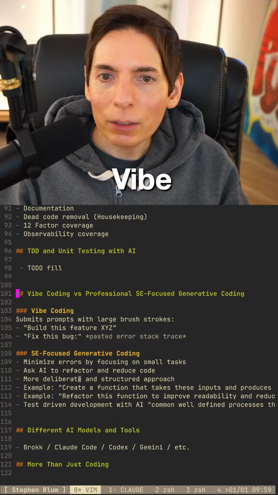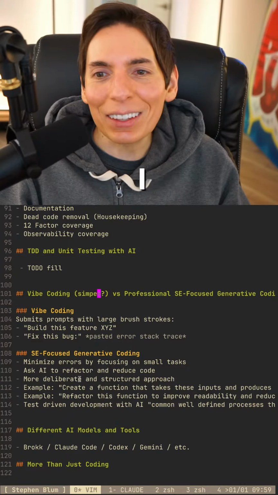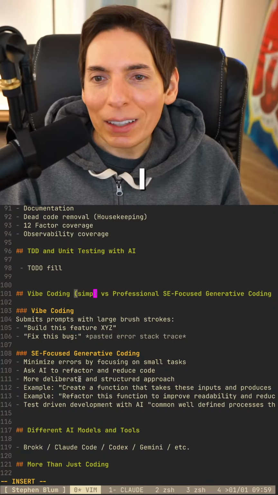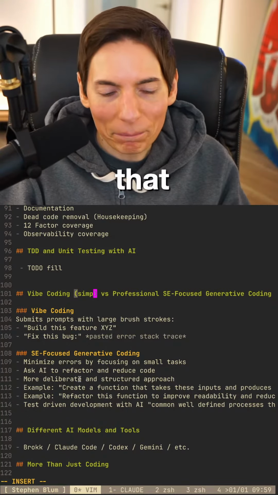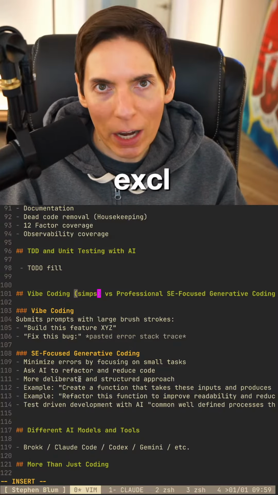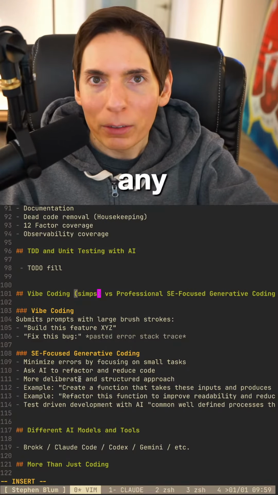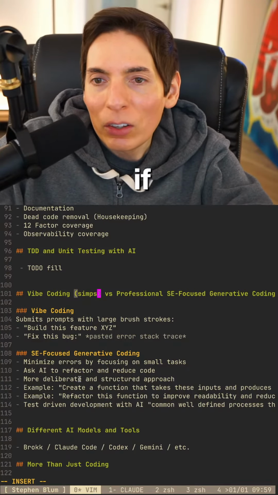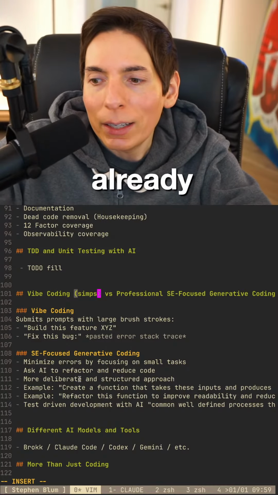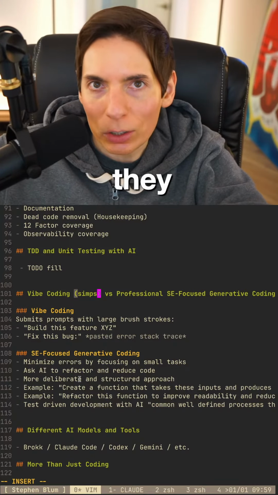So vibe coding, where did you get that from? I feel like we're being exclusionary if we say that. I don't want to exclude anyone from writing code using AI, especially if they're not already a professional engineer in the industry, or if they are currently training to be.